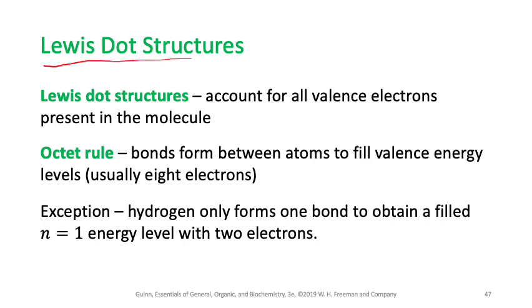So what is the Lewis dot structure? The Lewis dot structure accounts for all the valence electrons present in the molecule. As the name says, it is a dot structure, and you can make a Lewis dot structure for any element. For example, if I say carbon, how would I know how to draw the Lewis dot structure? Lewis is a scientist who showed